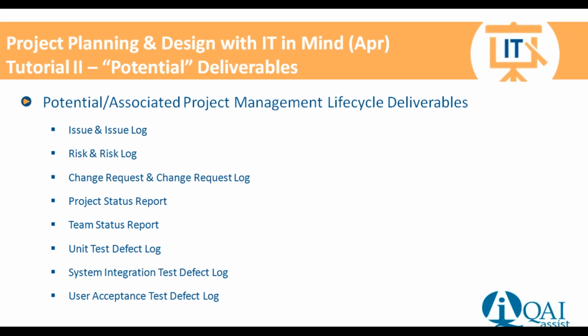We knew that we're going to need project status reporting and team status reporting. Project status reporting would be to the stakeholders to let them know how the project was proceeding and how the team members were performing. We are also going to have a team status that the project team members would be reporting into the project manager or to the business manager as far as how they are progressing on their specific deliverables.